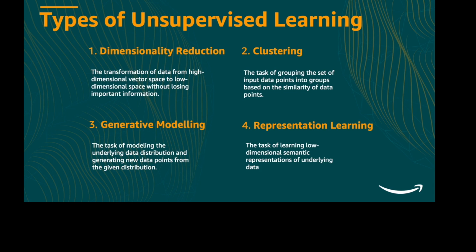Here the task is mainly to model the distribution of the underlying data. And why do we want to do that? Once we have the distribution of the input data, we can use it for many downstream tasks. This distribution can be used for classification, or as explained earlier, for anomaly detection. You can even use it for augmenting your data: you can generate data using the obtained distribution. That is where generative models become very important, if you want to do data augmentation, anomaly detection, and many more things. The fourth is representation learning.